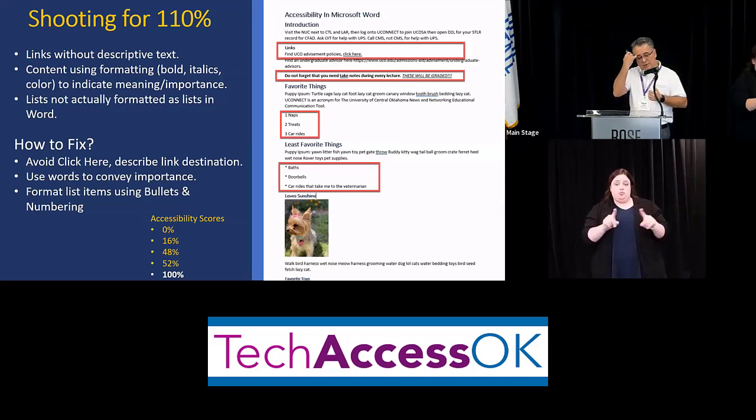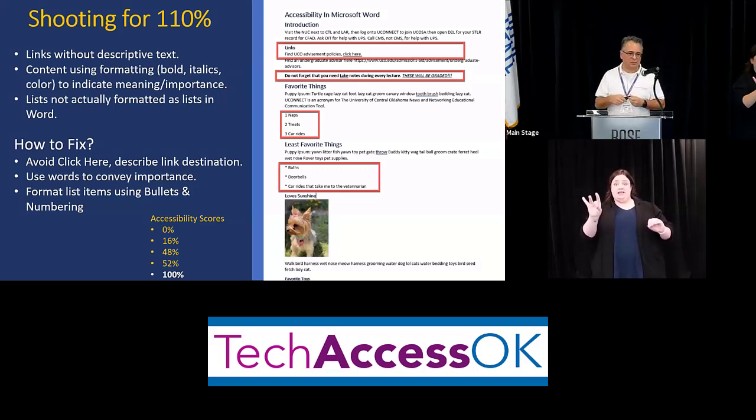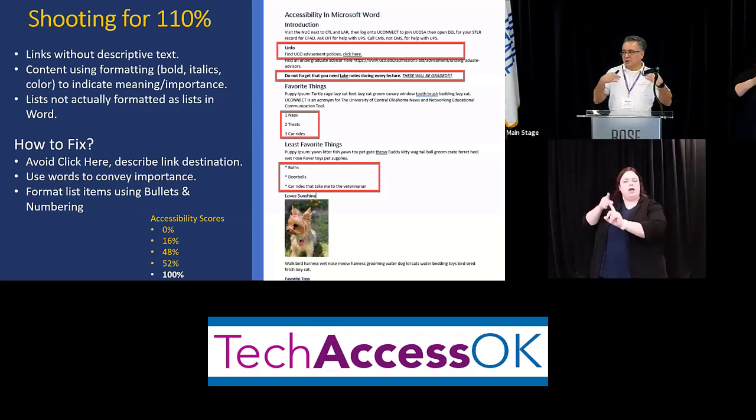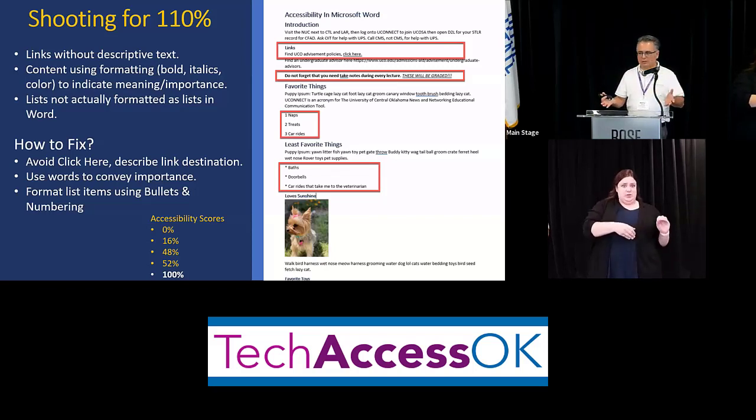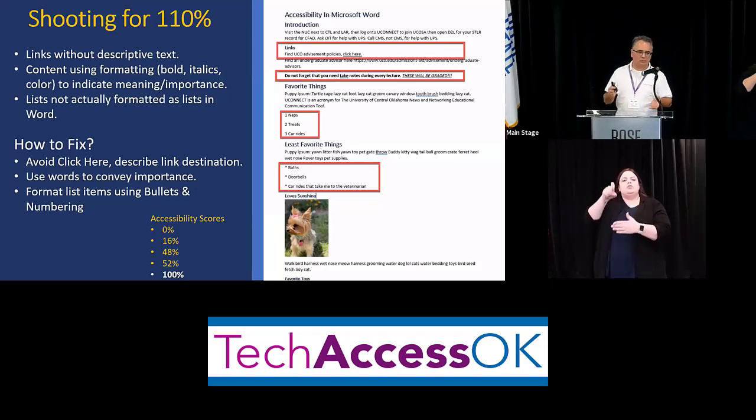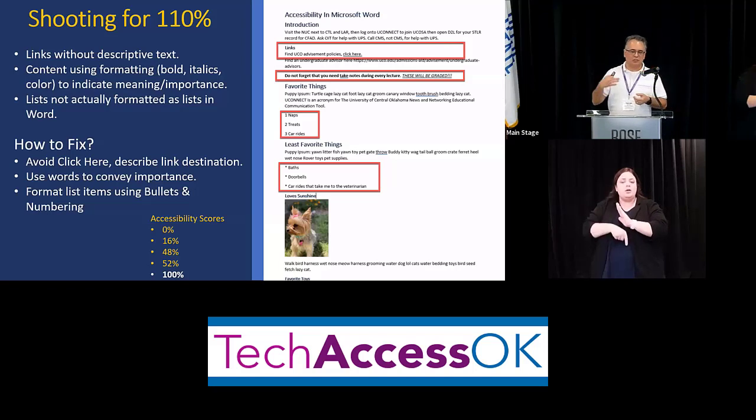And then right below that, we have our accessibility score progression from 0 to 16%, 48%, 52%, and 100%. So that's why I'm shooting for 110%. It's good. We've made a lot of progress. There's still more work to be done. But even if we just did this, we've gone from 0 to 100 and made a document that was not accessible just by using techniques in Microsoft Word that don't require any special training, don't require any certifications, don't require a micro-credential. It's just things that we should be doing anyway in Microsoft Word. Yes, we can go beyond that, and we should always strive for that.